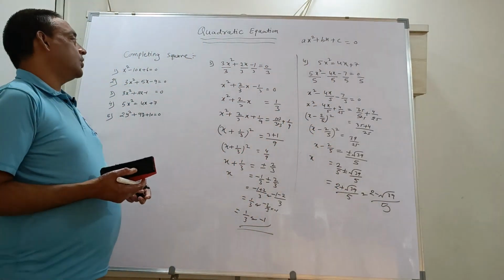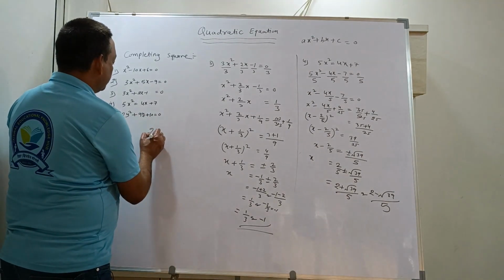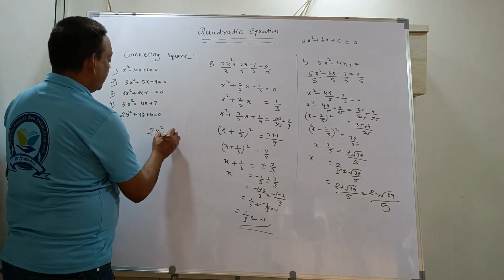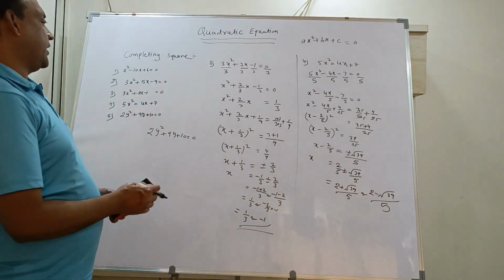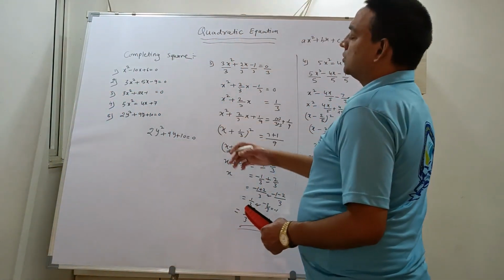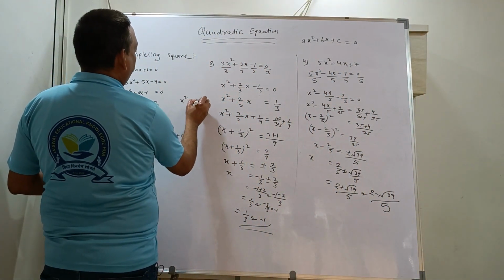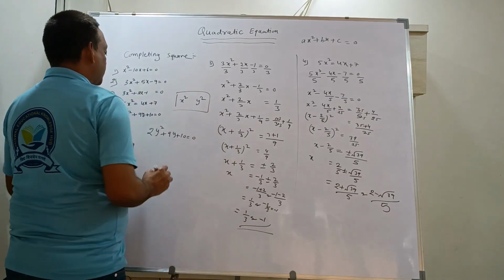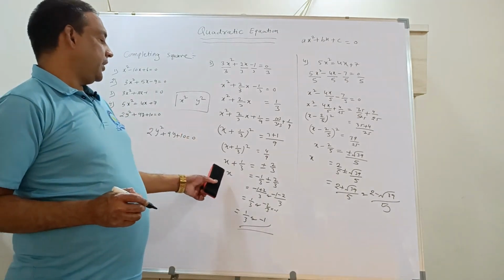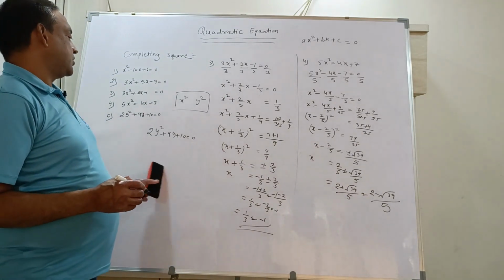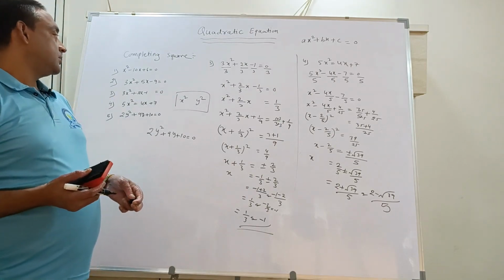Okay, so this is sum number 3. Now sum number 5 is given here: 2y square plus 9y plus 10 is equal to 0. It is the same as the normal sum, only instead of x square they have given y square. So we have to solve the whole thing by the same rule, and whatever answer you get, instead of x it becomes y is equal to. Try to solve this and you can comment the answer.